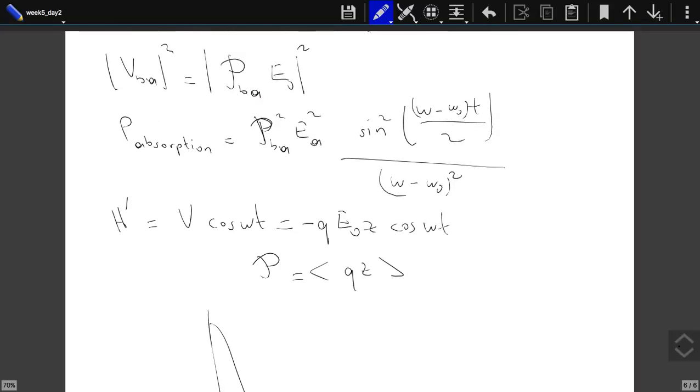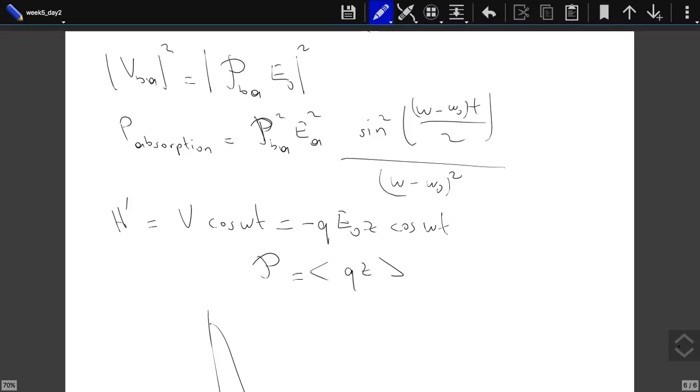From the equation about absorption, sine of something is periodic, so how do you say that it's decaying? Well, you see, let's suppose that we have this atom over there. We send it some electromagnetic wave, a collection of many frequencies omega different from omega 0. And now we wait for, I don't know, 1 hour and see which frequency is absorbed. We will see that the frequency that is absorbed the most is the one that's close to omega 0.